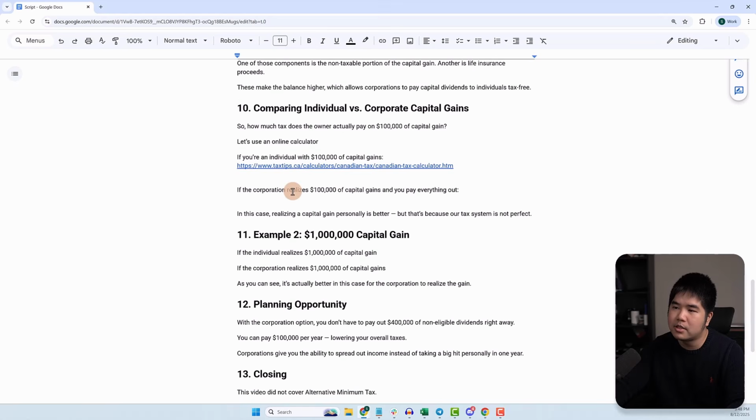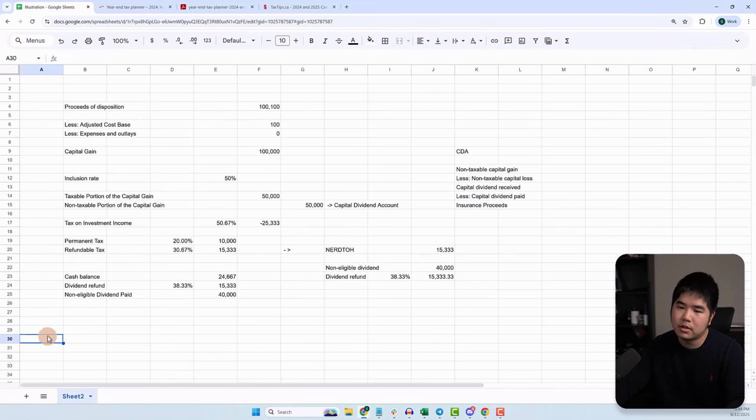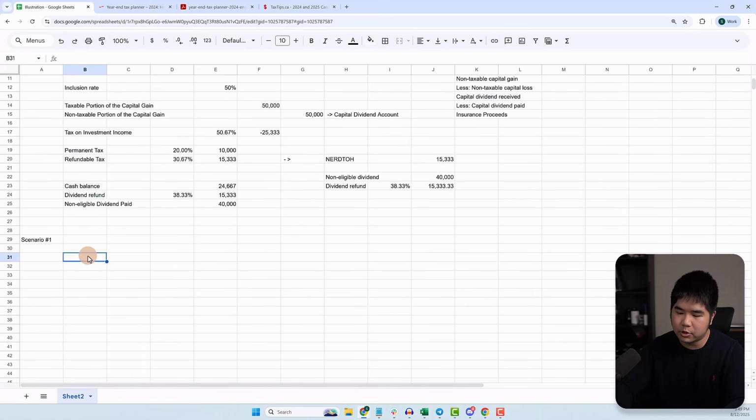So now let's compare taxation of capital gains on individual hands and in a corporation. So I will put scenario number 1 and then option 1, individual. And let's say we have a capital gain of $100,000